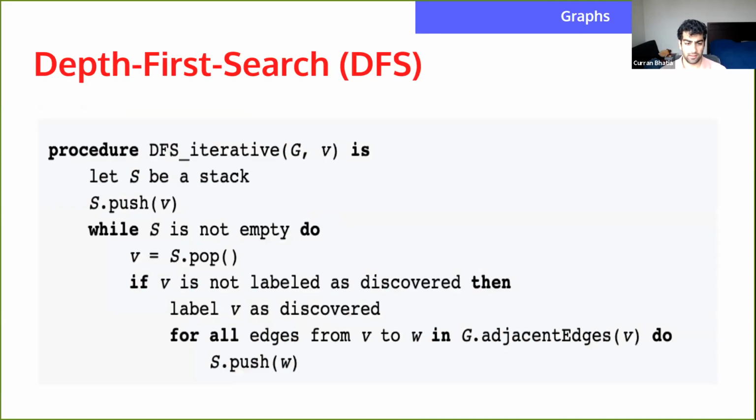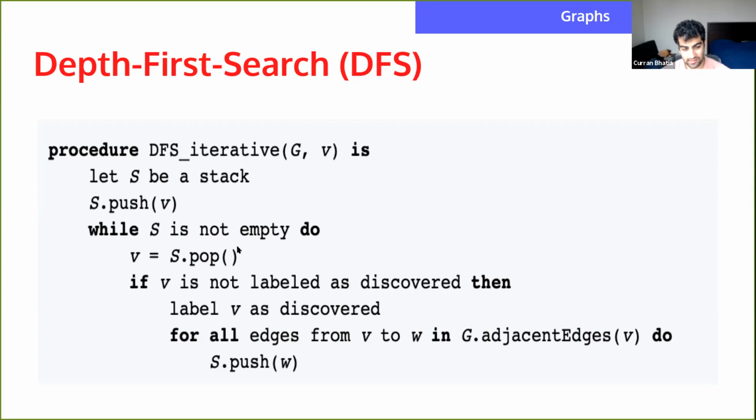Cool. Now let's talk about depth first search. Depth first search is a little bit different in the sense that you start at one node and you go down, essentially seeing how far you can get just by hitting your neighbors. You go down all the way until you can't go to any new nodes, and then you continue that process.